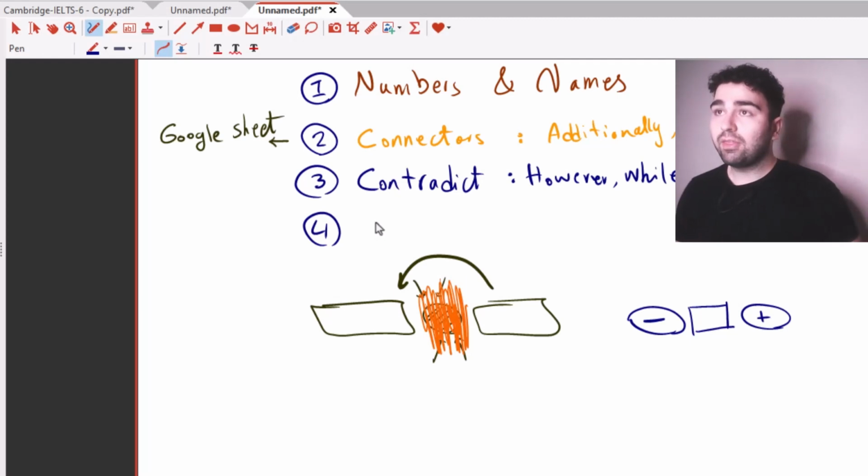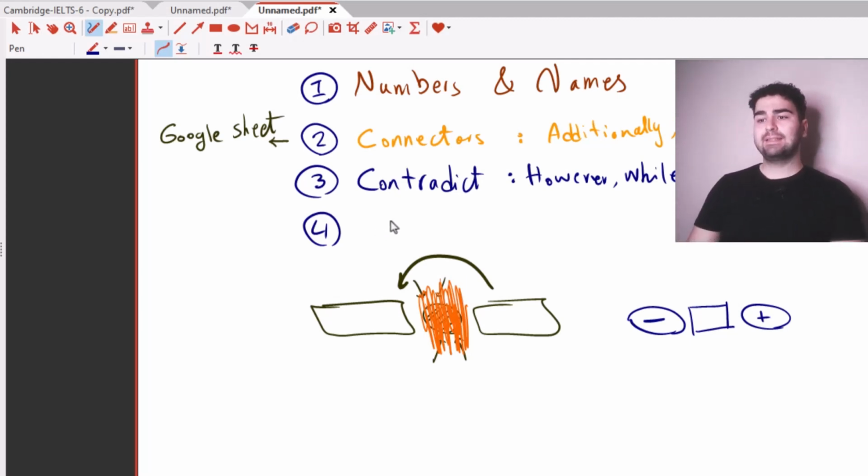The fourth, and I can say the last important item that we have to pay attention to and also highlight, underline, or whatever means you is a word called